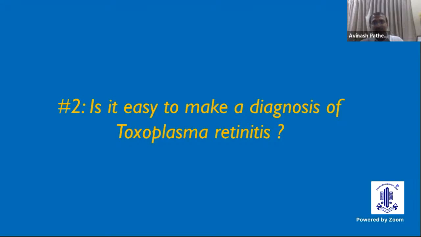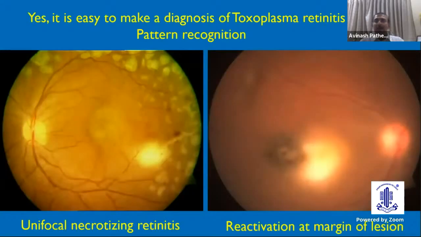Is it easy to make a diagnosis of toxoplasma retinitis? Yes, it is. The point I want to emphasize is pattern recognition. Pattern recognition is very important to make a diagnosis of toxoplasmosis. We are all aware there is a hyperpigmented scar, like the one you see on the right-hand side of the screen. There's a hyperpigmented scar, and adjacent to it, there is an activity or a necrotizing retinitis. This is so easy to diagnose, and this pattern can be imprinted in anyone's mind